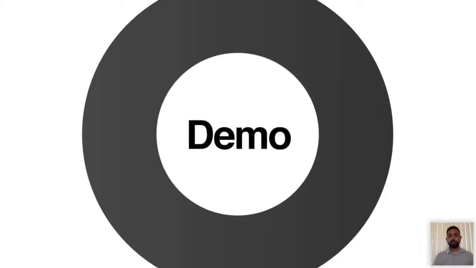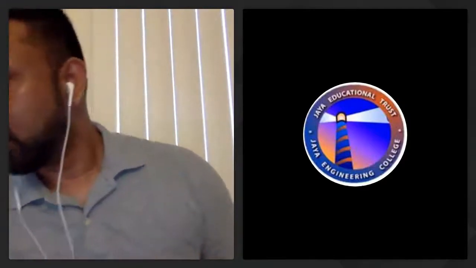Let's go to the demo now. So first of all, I'm going to share some devices that I'm going to use. This is the Chromebox. It's an Asus brand, and the storage is 32 gigs, 2 gigs of RAM. And today I'm going to use a Chromebit. This is a smaller version of the Chromebox. The main thing is the Chromebox has an Ethernet port, but this one just runs on Wi-Fi.